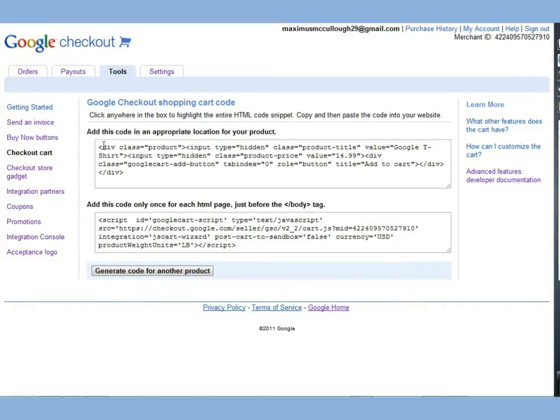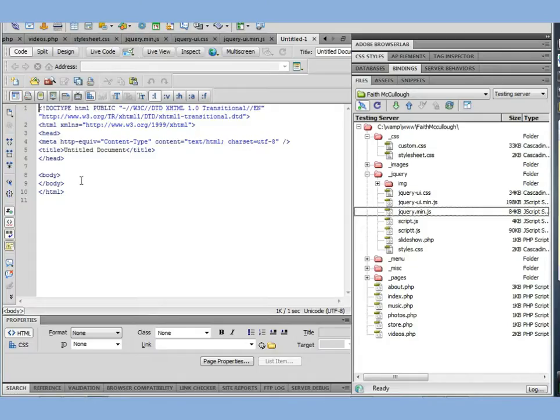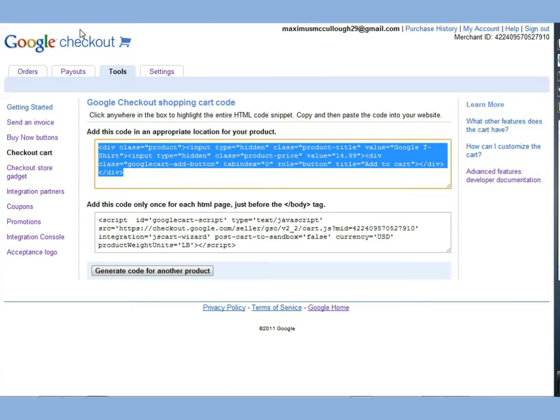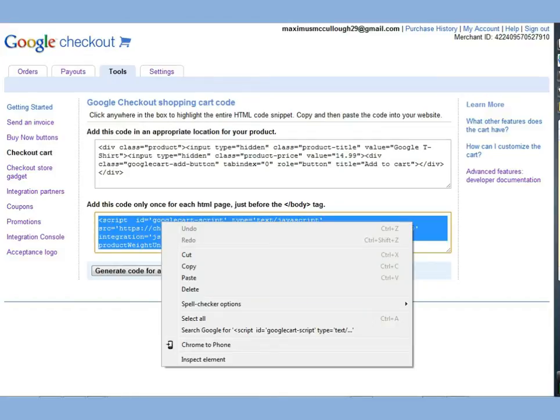Now this code here will go where you want your product. So you would copy that, and here I have a Dreamweaver file, and you can see that this is code view and design view and body. You would just paste that section in there, and then right here, or I'm sorry, I told you wrong.